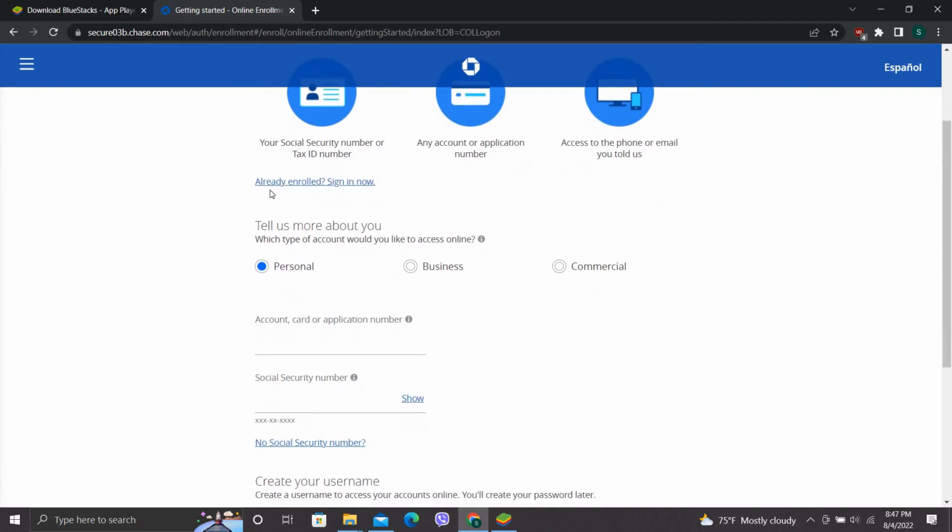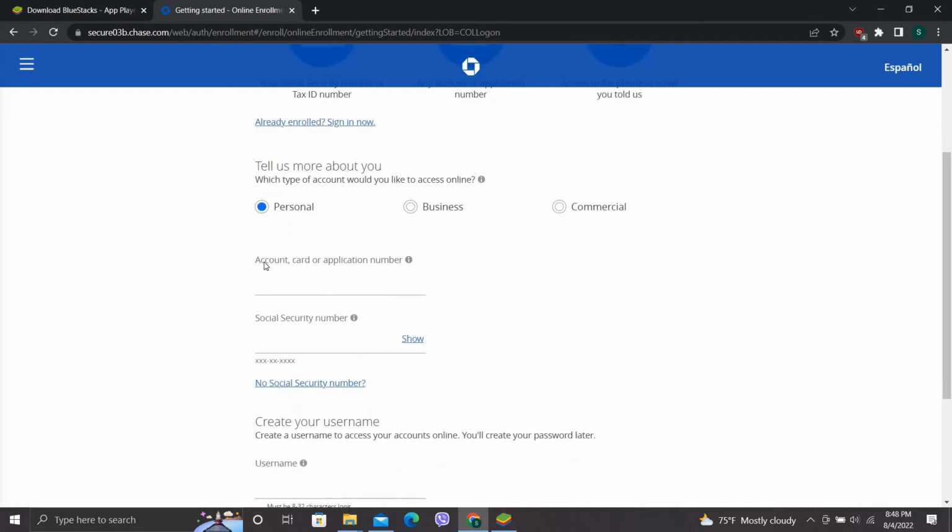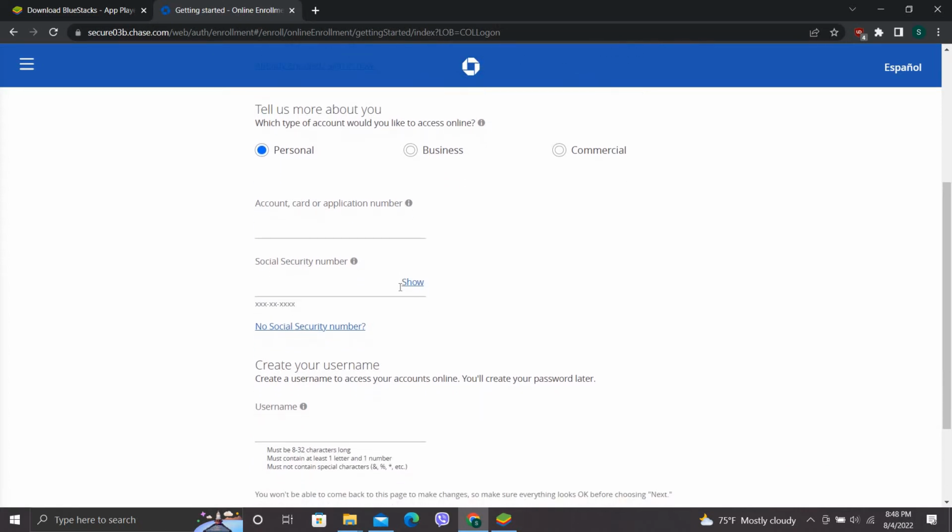If you scroll down a bit, there is an option called "Tell us more about you," or which type of account would you prefer to access online. There are three options: personal, business, and commercial. Choose whichever you prefer. After that, in the second option, there is account, card, or applicant number. Type in your account, card, or applicant number,